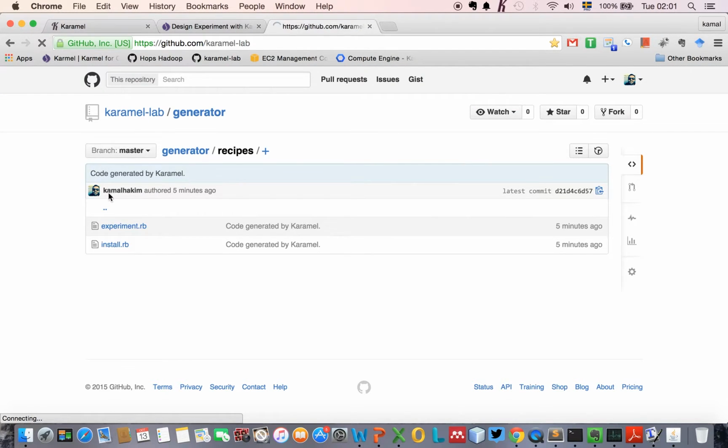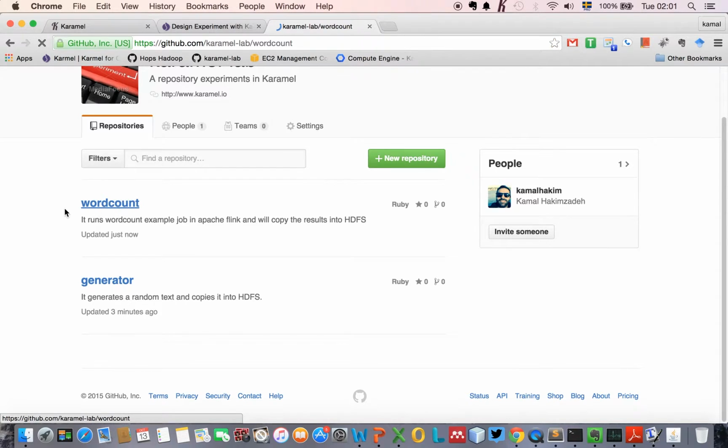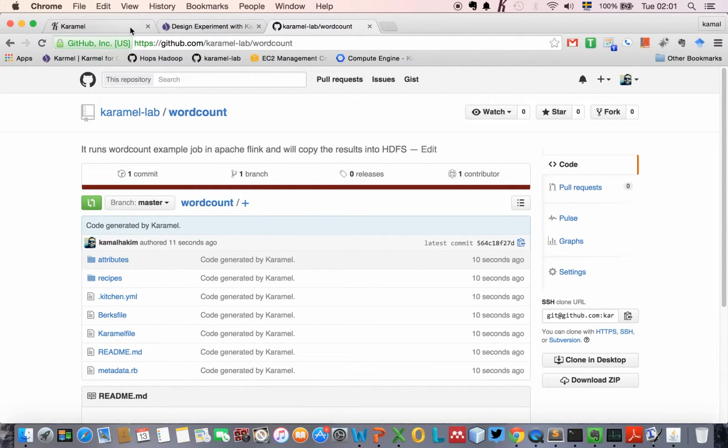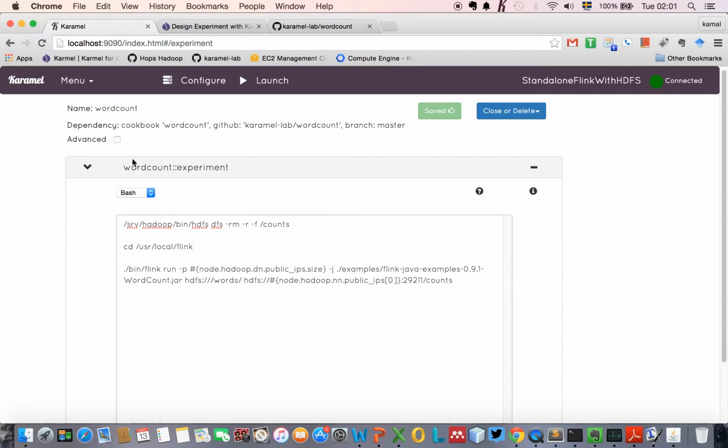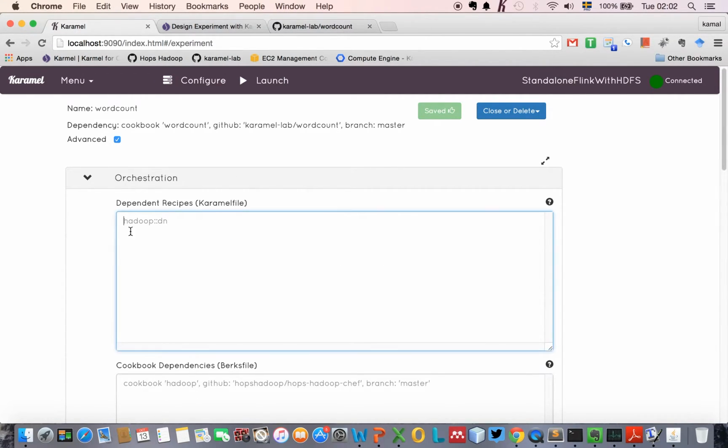And we go to the Karamel lab to confirm yes, word count has been generated for us. And we just need to specify orchestration here. Okay, now if you think your word count needs to be run, it has to make sure HDFS is up and running, Apache Flink is up and running, the task managers, and your data is available on HDFS. Since Flink itself is dependent on Apache Hadoop, we don't need to say anything about Apache Hadoop. It's enough if we say Flink